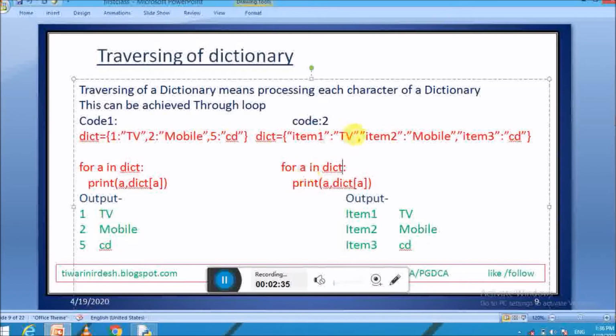Item first is assigned into A and using this code, DICT[A], where A is the key assigned as item first, it gets the value TV. In the second step, the item second key is assigned into A and by using this code, the value is accessed. Item third, for the last key, is assigned to A and using this code, CD is accessed. After the last key, the loop is terminated. So let's go into the Python shell for better understanding.